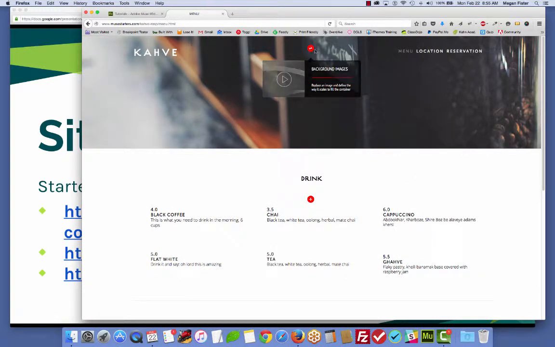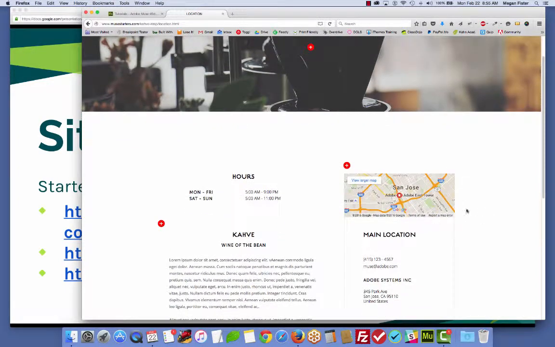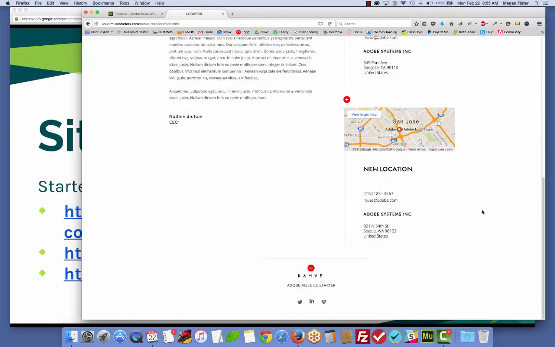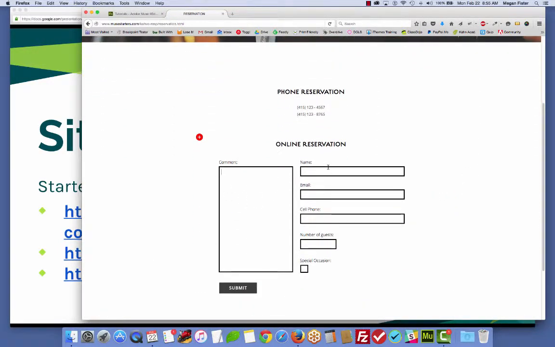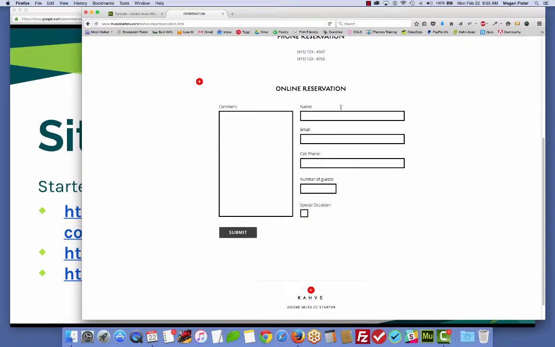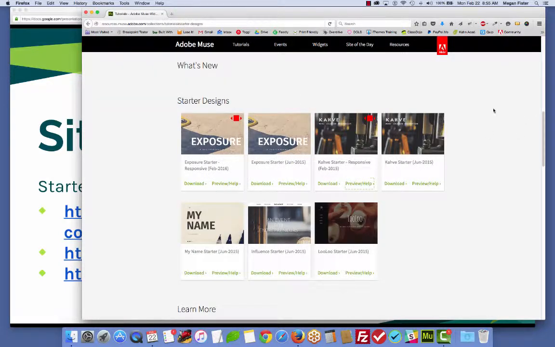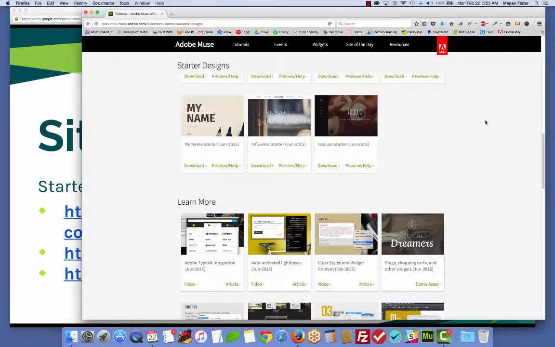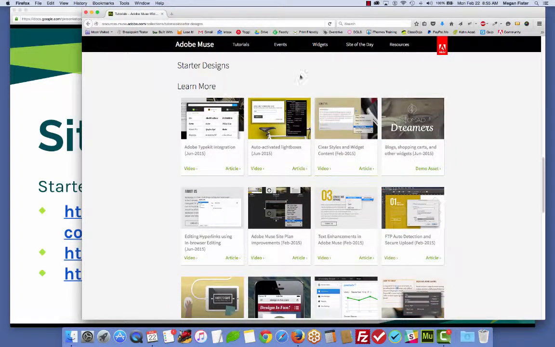So here's showing you background images, location. This is something I'll show you a little bit later about adding a map to your site. Here's a reservation system, a different form here that you can fill out, and you can see it's styled nicely. This is all available to you in Muse. This is all right out of the box kind of stuff that you can do. And then there's some additional tutorials here as well that you might find